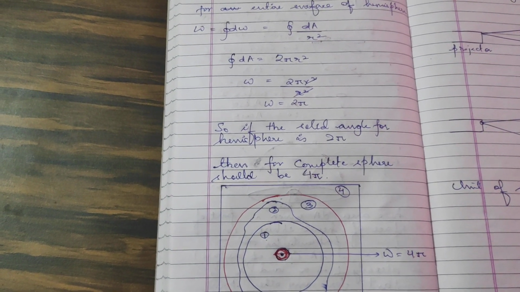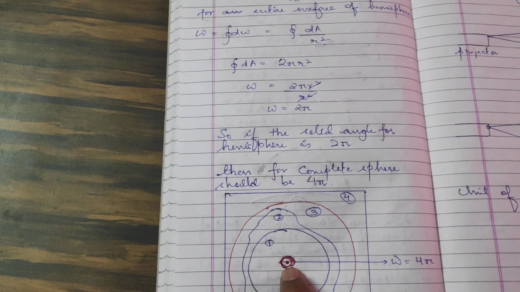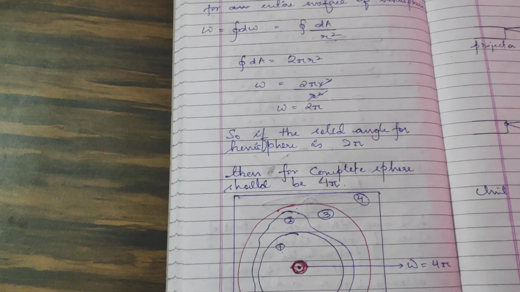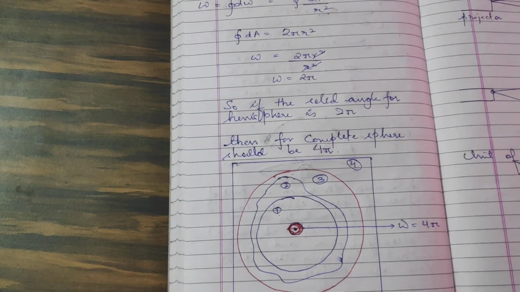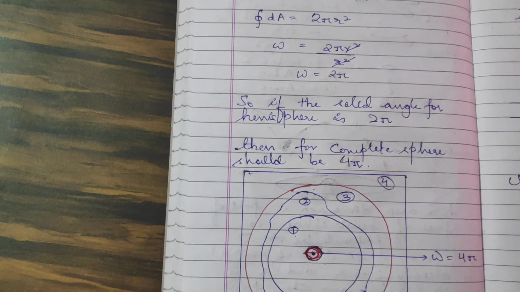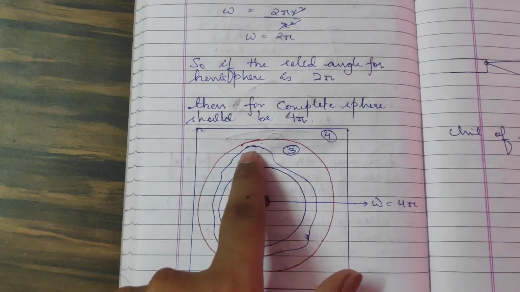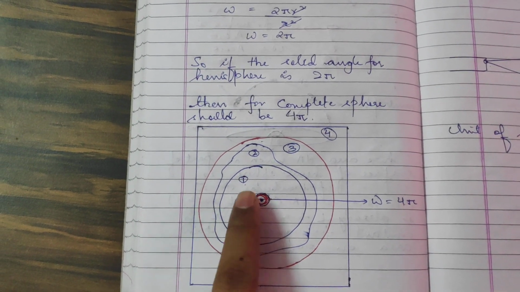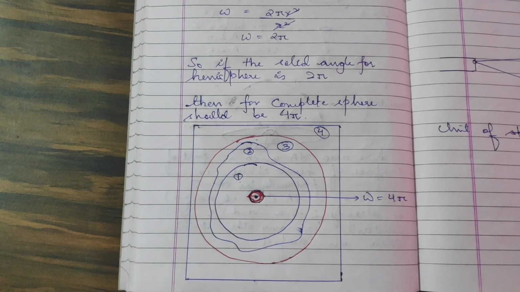If I take a cube, now the cube also encloses this solid angle. Therefore, for 1, 3 and 4, the value of the solid angle will remain the same. Now, if I take any other irregular closed surface, for example, surface number 2 is a very irregular surface. It does not have any proper geometry. Then also, since this surface 2 encloses surface 1 and surface 1 has solid angle 4 pi, for surface 2 also the solid angle will remain 4 pi.